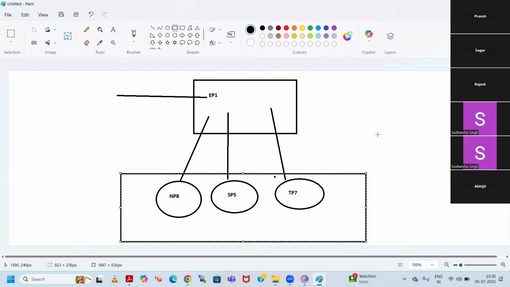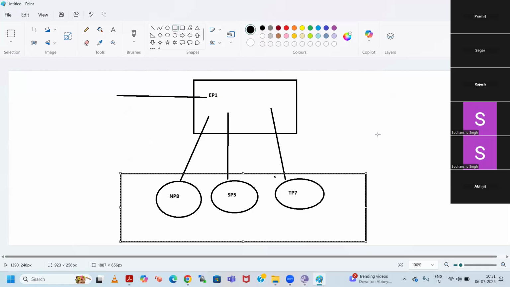So in that, you tell them कि भाई EP1 में तीन टेनेंट है, NP8, SP5, TP7, किस टेनेंट में काम करना है। तो वो बोलेगा जिसमें ये डेटा है उसमें मुझे एक्सेस दे दो प्लीज, राइट। वो पहले से नहीं बोलेगा कि यार उसमें NP8 वाला है ना, या SP5 वाला है ना, उसमें मुझे एक्सेस दो। उनको पता ही नहीं है, उनको कुछ पता करना भी नहीं, right? Because it is our admin task to see these tenants and system DB. उनके लिए तो सिर्फ एक SID हो गया, EP1, बस काम खत्म।